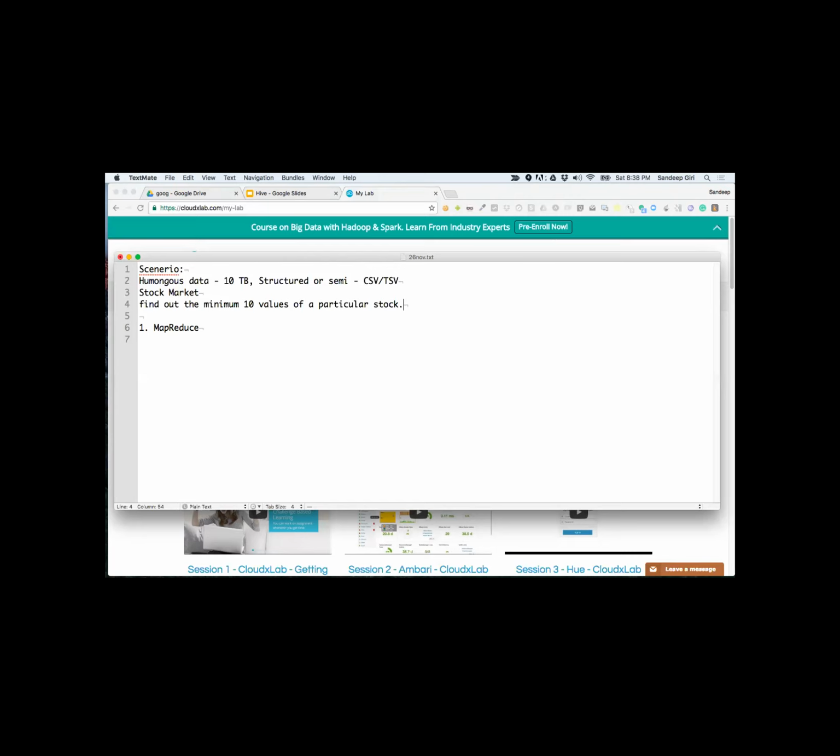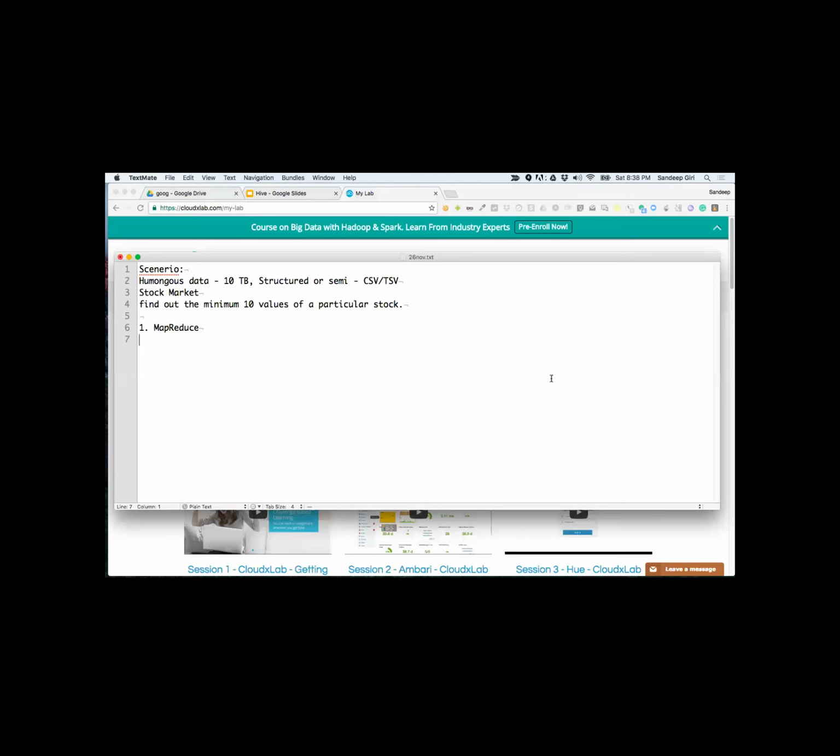Okay, let's say this is the data. Now question to you is, if you are faced with this kind of problem, what are your options? What are your options to process this data?